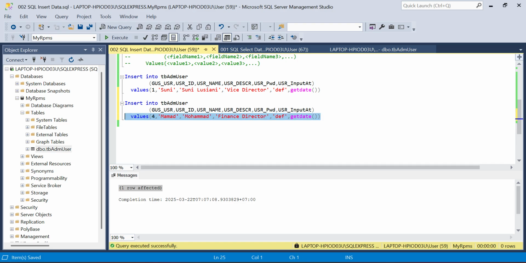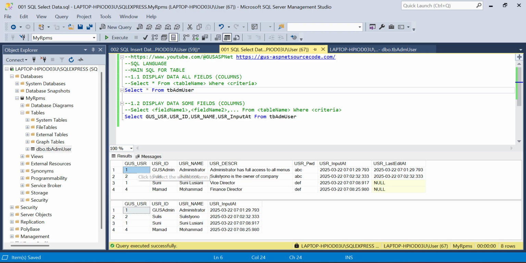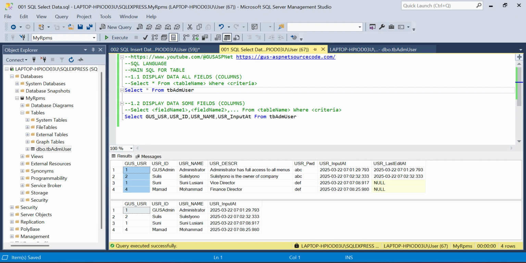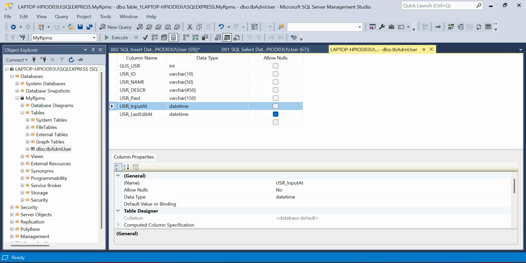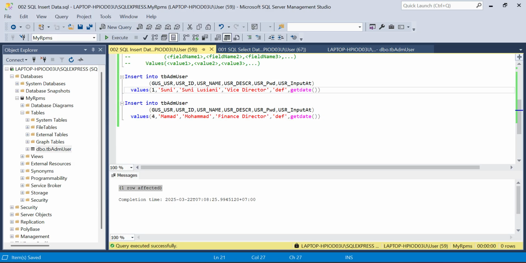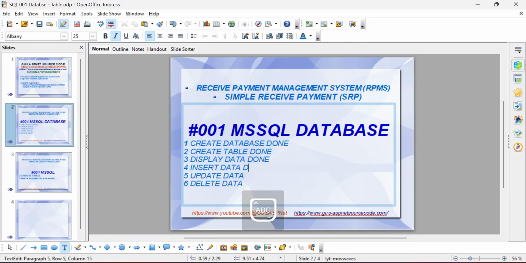Okay. Success. Let's see the data. We now have 4 data. Okay, it is success without input value to last edit data because we check the allow nulls for this field. Okay, now I hope this is easy to be understood. Now insert data is done.